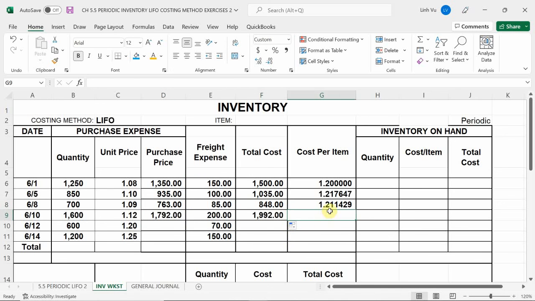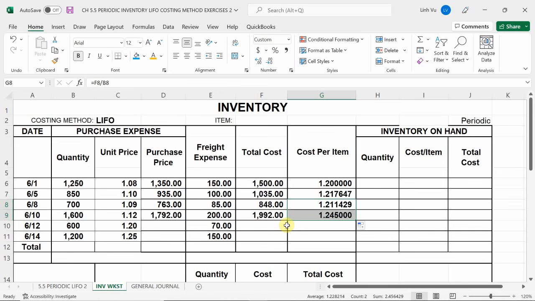Good. Giving you a cost per item of 1.24 and a half. This is the most dangerous number you can ever come across, a half of a